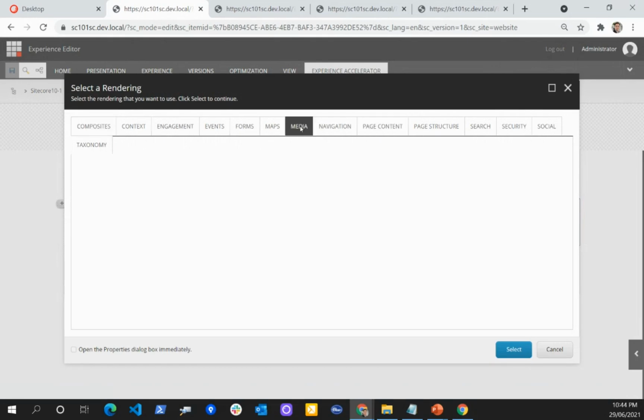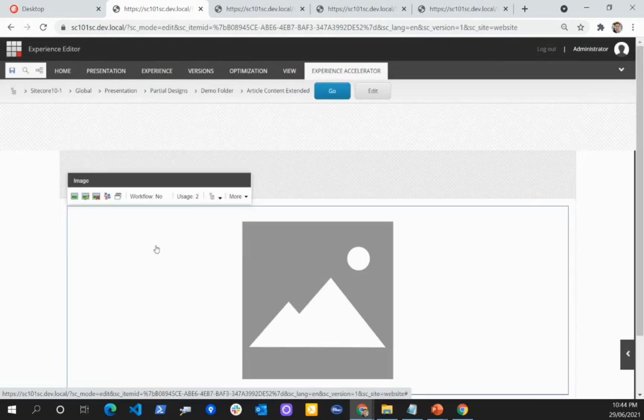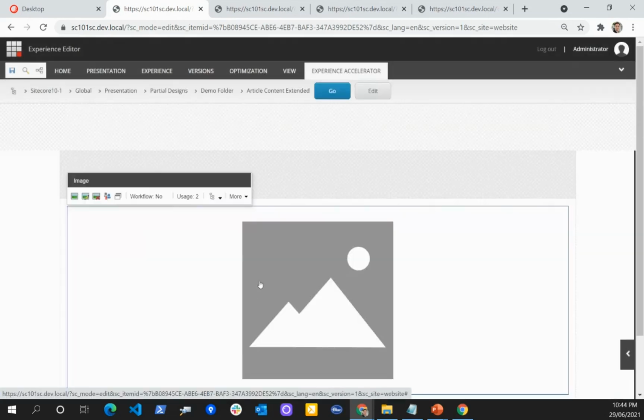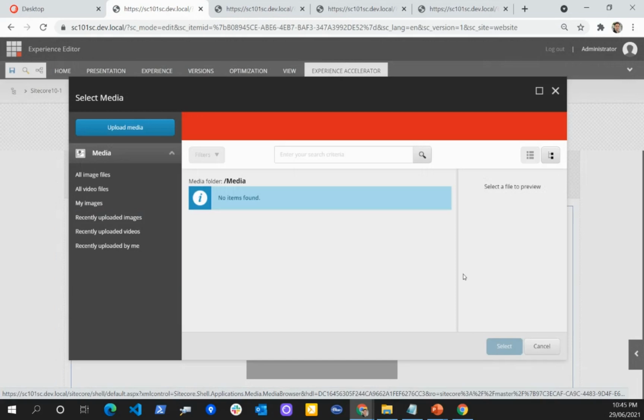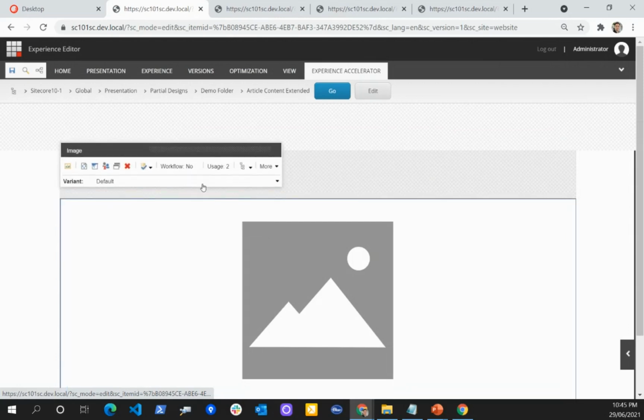If I go to the media and place the media icon here, okay, the media is not loading. So maybe I will just use one more rich text content.